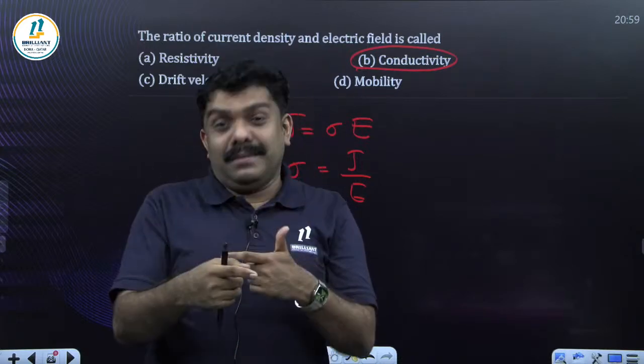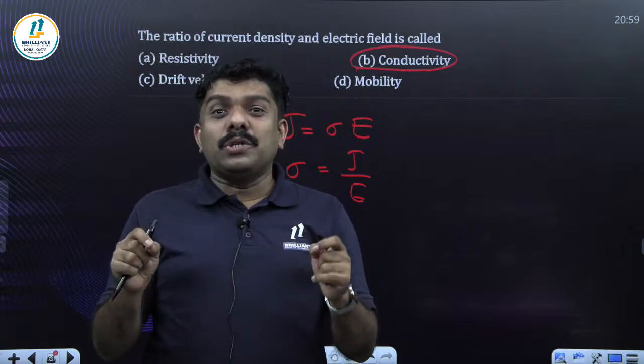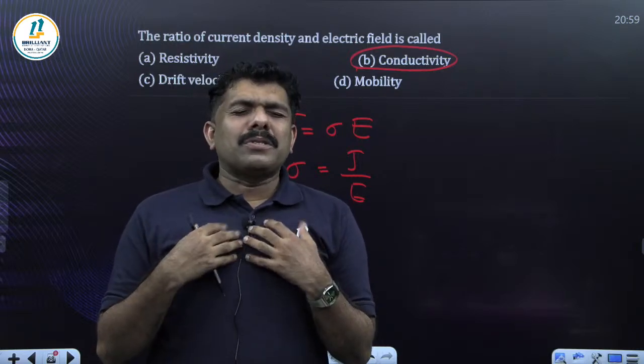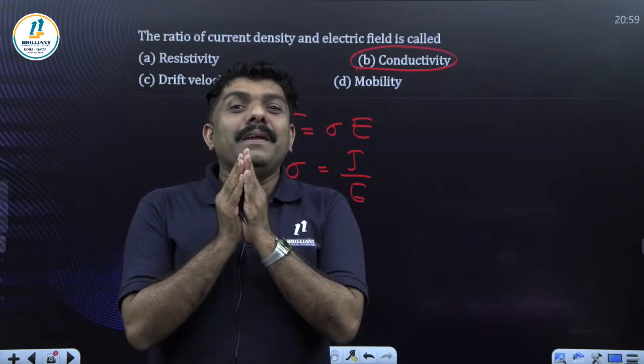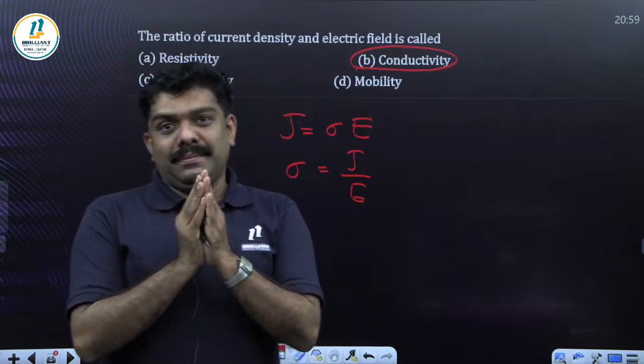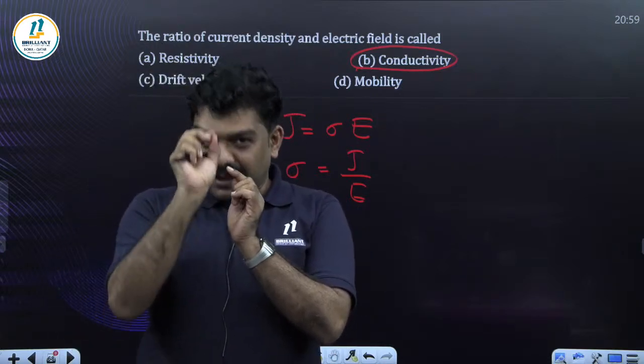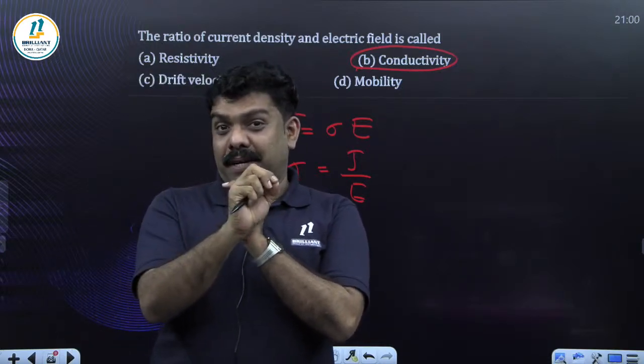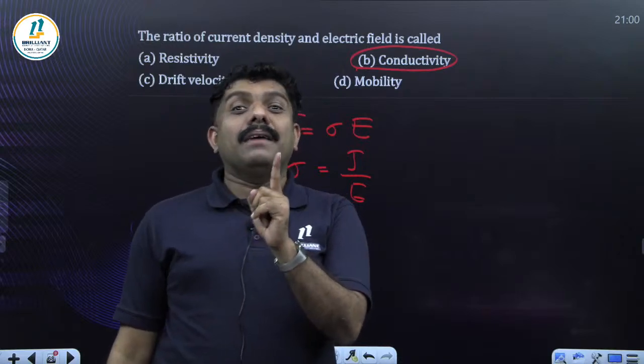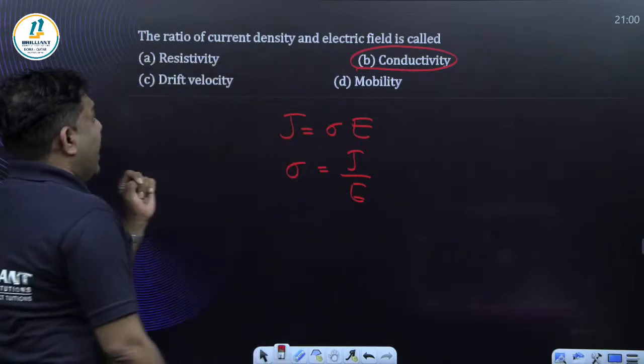But look, it is reversed. So in such ratio questions, I request all of you to write the equation in your answer sheet and verify. If you conclude like that, we will never go wrong. So the answer here,